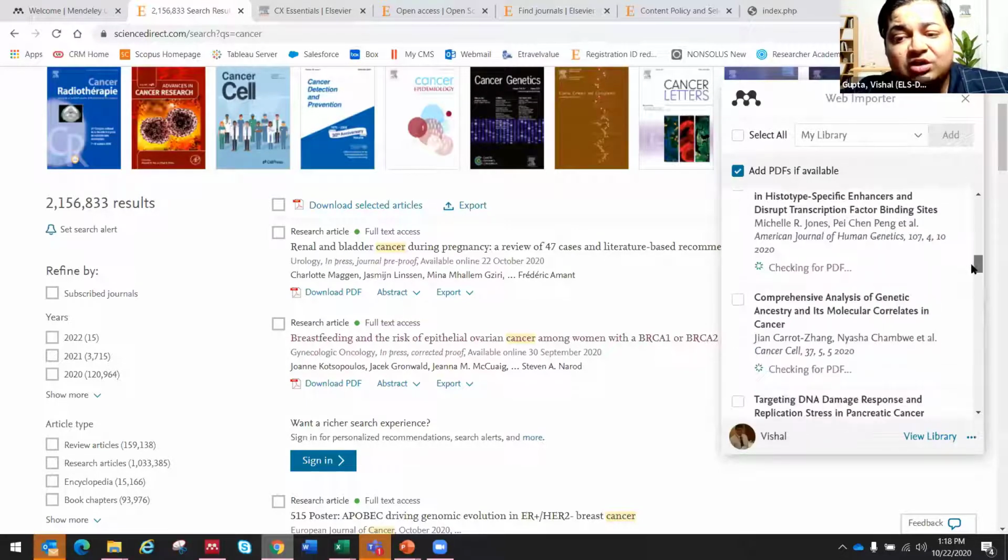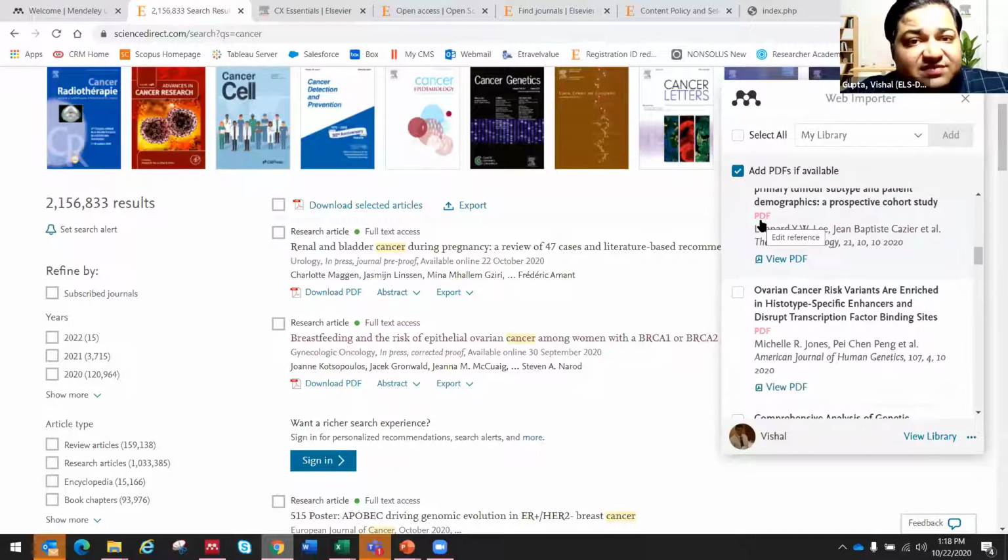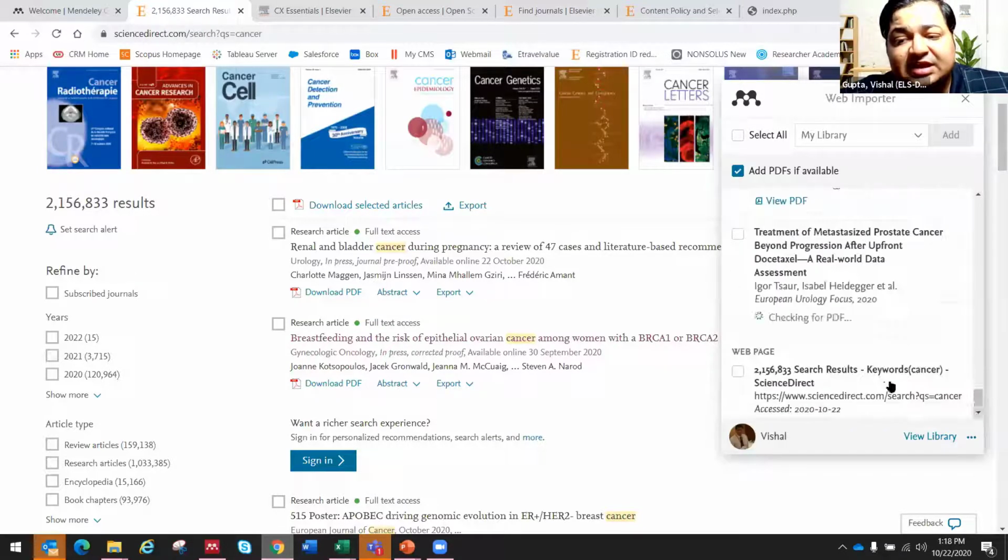So all these articles are available here. If you have the PDF, it will show a PDF icon, which means the PDF is available. If you want to cite the web page, go to the bottom of this link and the web page link is also mentioned. Some of you may ask, how do I cite a web page? The web page can be cited again using this particular icon. So click on any article that you wish to send to Mendeley, right? If you want to copy the PDF, fine. If you don't want to save the PDF, remove this icon and simply say add. Once you click on add, this particular reference goes directly to your Mendeley software.